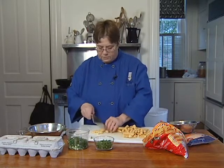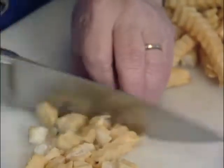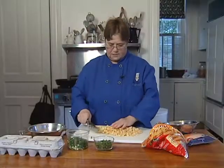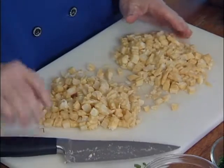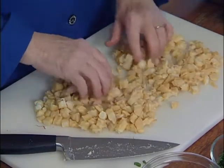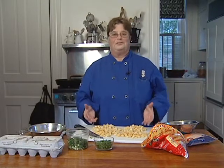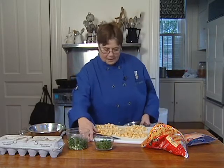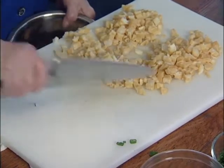So what we're going to do is we're going to take them, and they don't have to be a perfect cut because we're making hash browns. So we're going to take this, and this is enough for 2 adults, way enough for 2 adults, or 4 children. What do you think? Unless it's a teenage boy, then nothing is enough for a teenage boy, I'm convinced. I am totally convinced. All right, so what we're going to do, we're going to put our French fries that are cut up in the bowl,